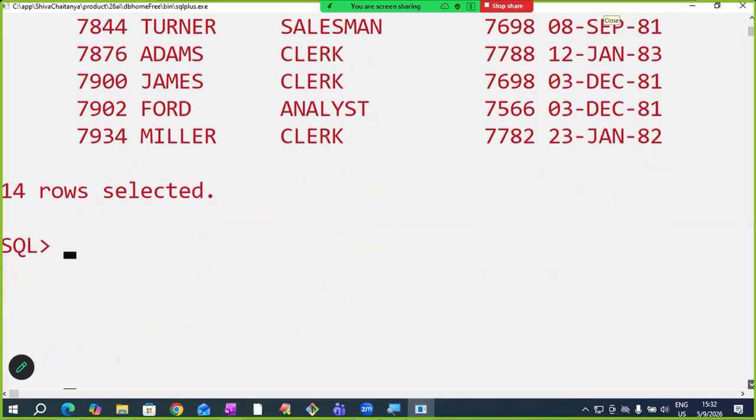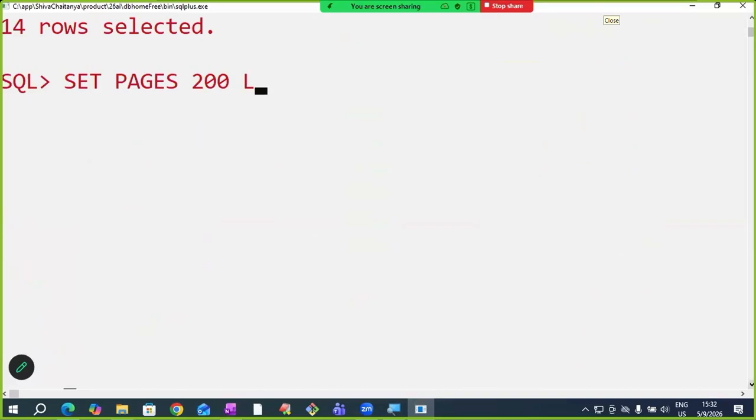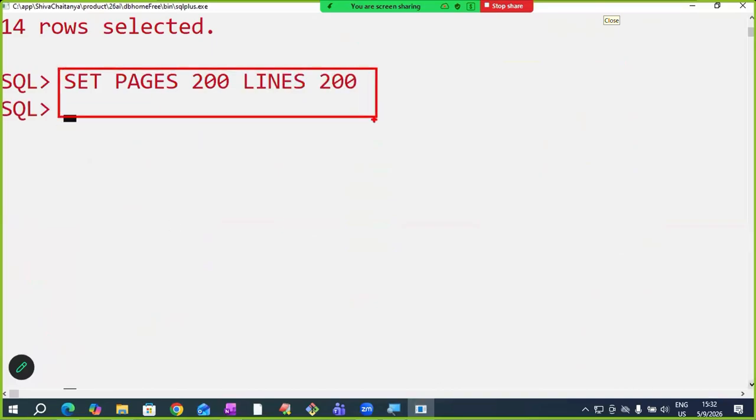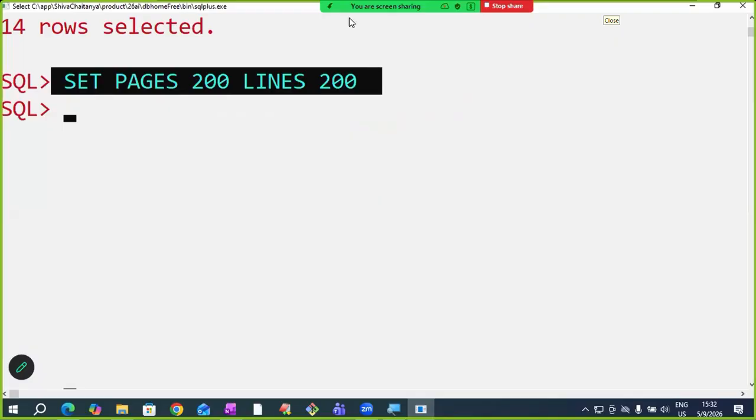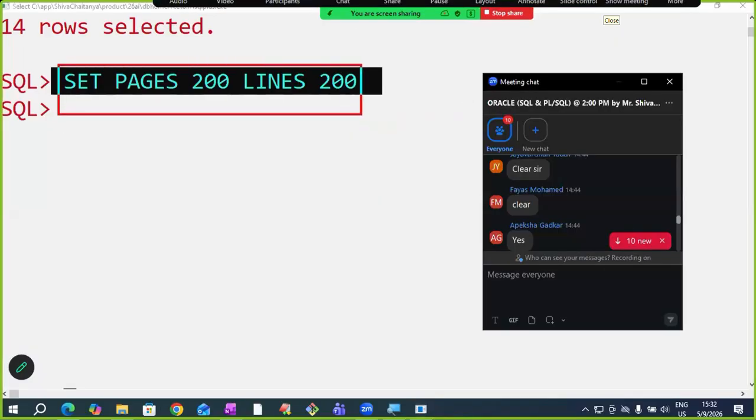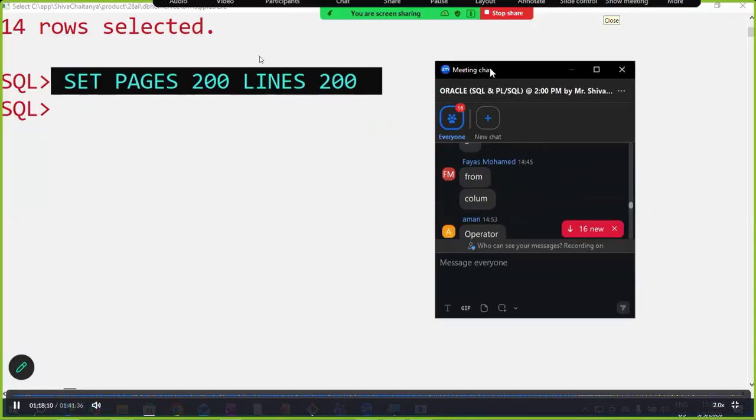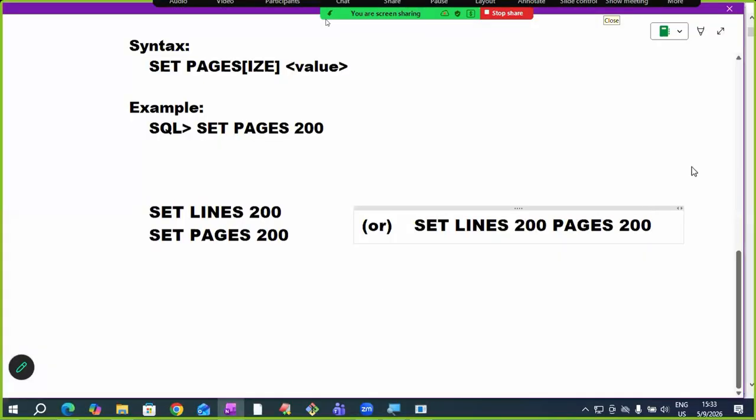Every day, after opening SQL Plus, I write this query, sir: set page size 200, line size 200. Every day I type this until the end of our course. When I open SQL Plus, every day I type this command. At that time, don't get confused. I'm just increasing page size and line size. Is it clear about page size, line size, sir? Online students, please confirm. Every day I type this, so at that time you should not ask what is page size, line size. That's what I'm telling. Is it clear up to here? For output, we are setting page size and line size.